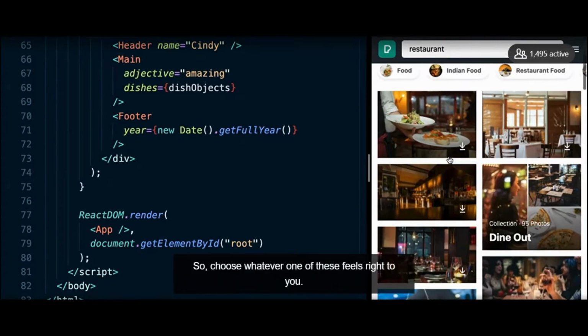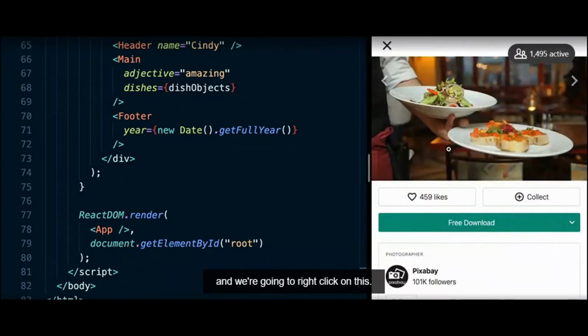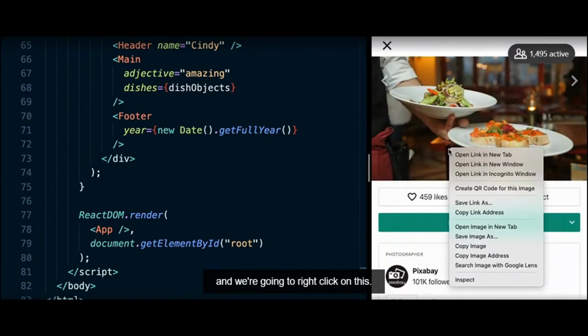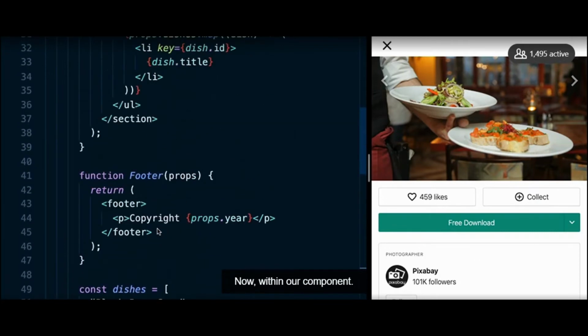So choose whatever one of these feels right to you. I'm going to just click on the first one here and we're going to right click on this and we're going to select copy image address. Now, within our component,